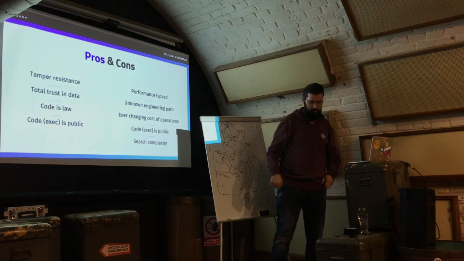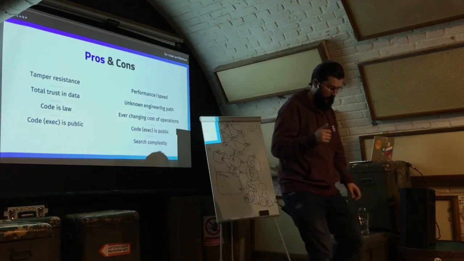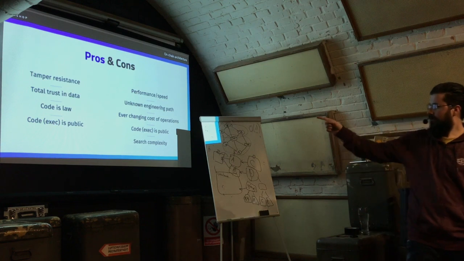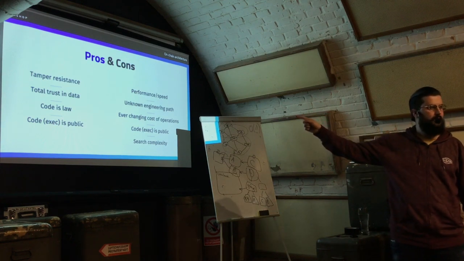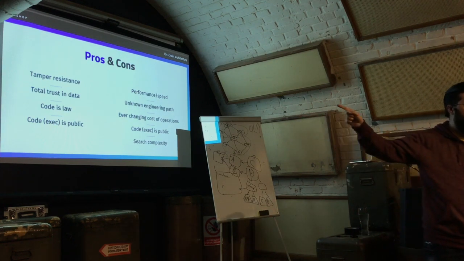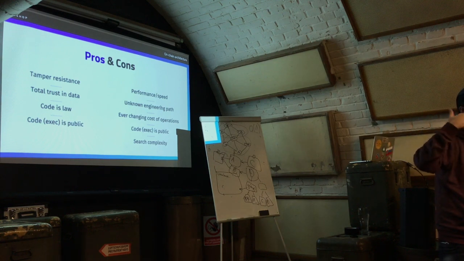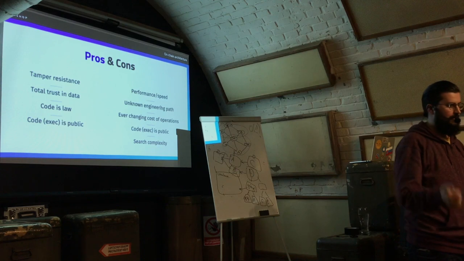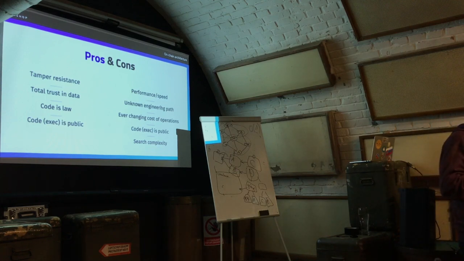So I will move back to the slide. So this is the question: code is public. This is a pro. It's a good thing because everybody can see the code. But it's also a bad thing. On the left, it's a con, because anybody can see the code